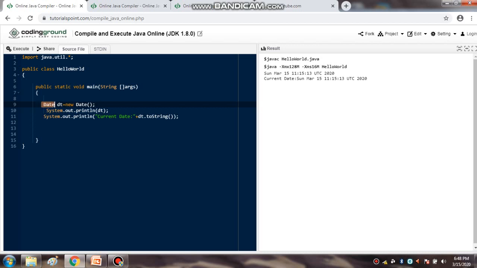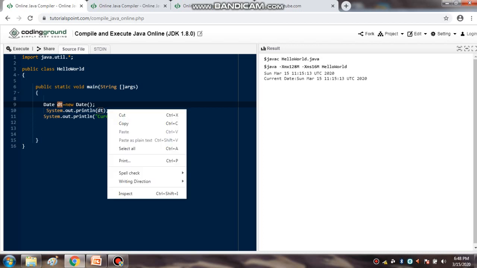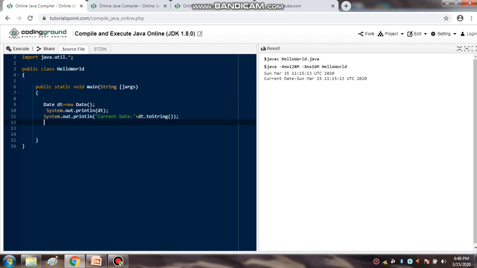So first you create an object of the Date class. So Date dt = new Date(). This will create dt as an object of the Date class. Now this Date class is present inside the util package. So first you have to import the util package, and then you have to create an object of the Date class. Now once an object is created, you can directly print the object to get the current date in a particular syntax that is already defined, as well as you can write a particular statement current date, and then you can display the